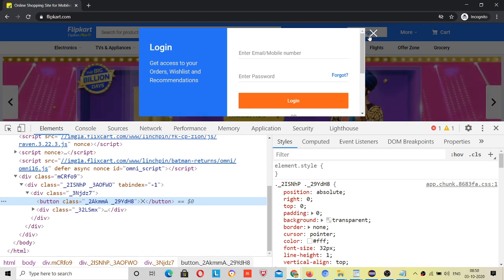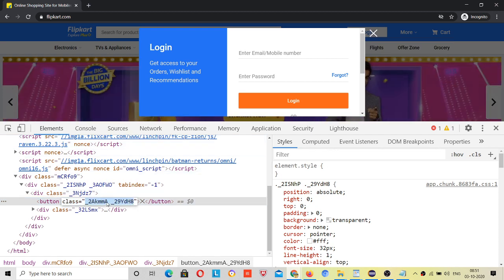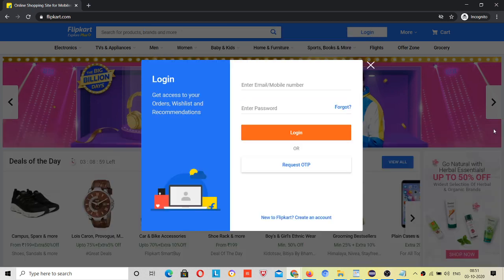Once I click on this close button, then this pop-up gets closed, right? So I have to locate it also. Just need to click it. Then how will you locate it? You need to have locator of this, and then you will click on that particular location. So button class is this. Okay, and let me close this.